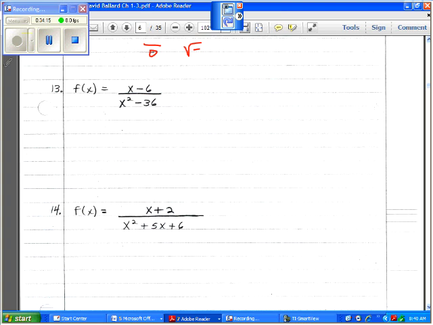The f of x must exist at the target point. The limit as x approaches c must exist at that target point. And the limit must equal the function value at that point. All right. Now, the reason we're saying